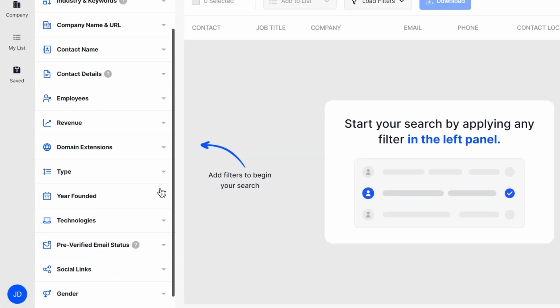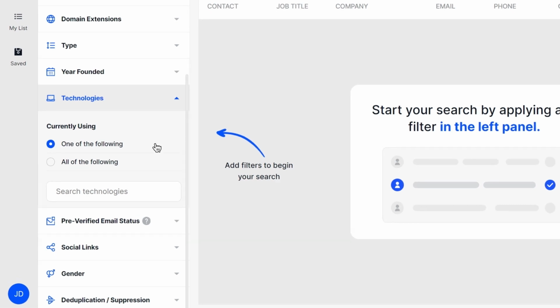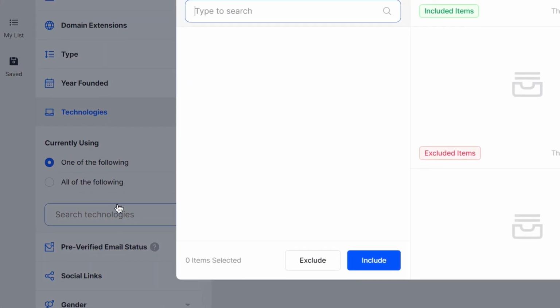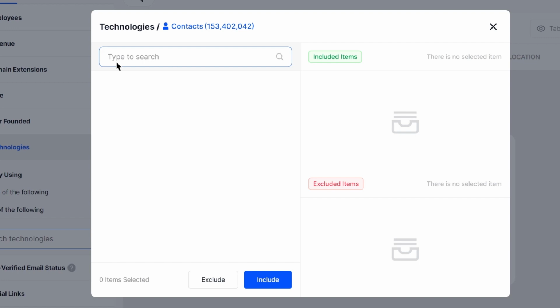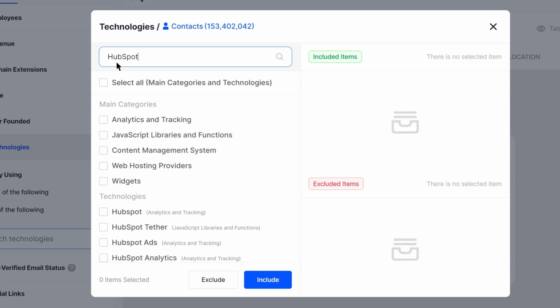The next filter is Technologies. Bookyourdata tracks over 60,000 unique technologies worldwide, such as CRM, marketing automation, payment processors, etc. If your targeted audience uses specific technologies, this filter will be highly effective for your use case. Here, you have two ways of searching. The first way is by writing the exact technology name, for example, HubSpot, allowing you to select this specific technology here. This will filter the leads whose companies are using HubSpot as technology, meaning you can target all HubSpot users